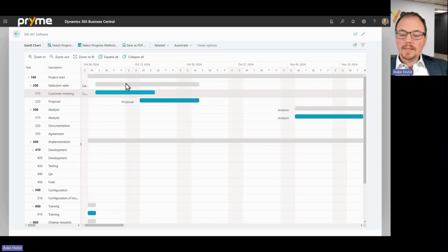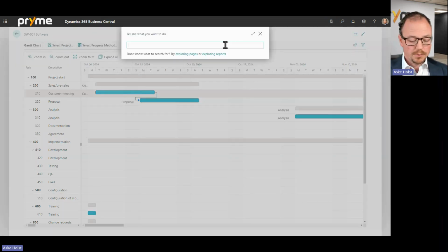You can also relate the tasks, and the default setup is that relations are not enforced, meaning if I make a relation between the customer meeting and the proposal, there is no enforcement that the proposal actually starts after the customer meeting has ended. So if I want that feature, and in most cases you would want that feature, you need to open up your